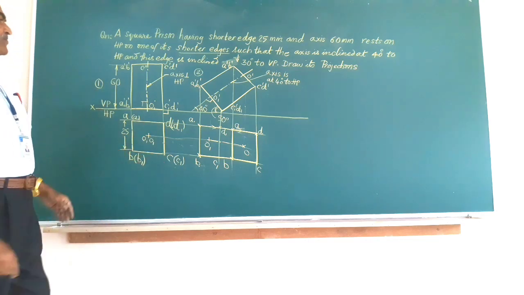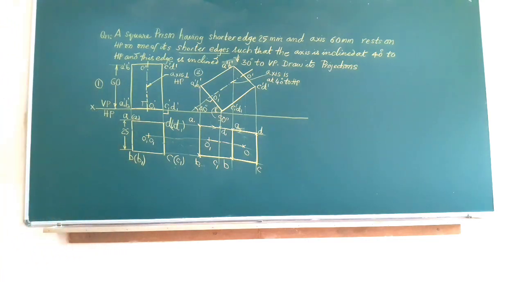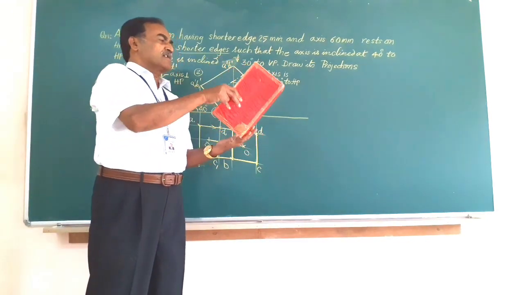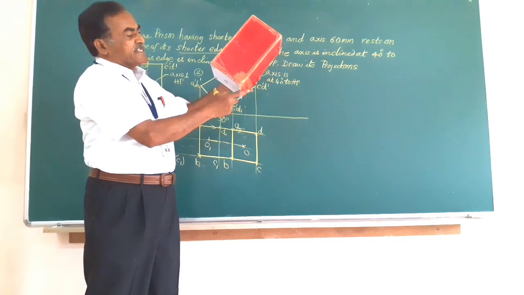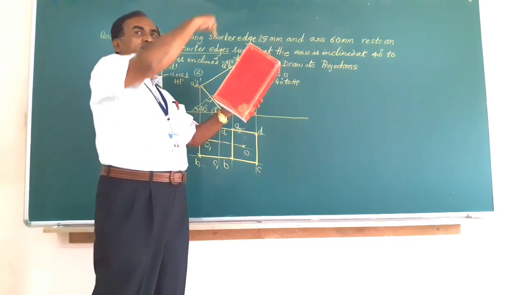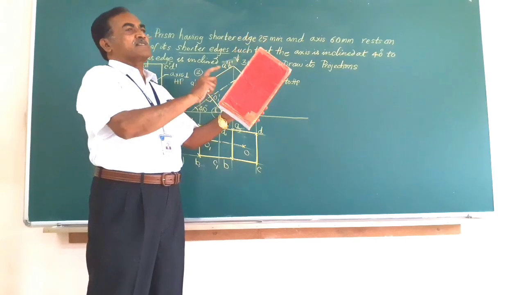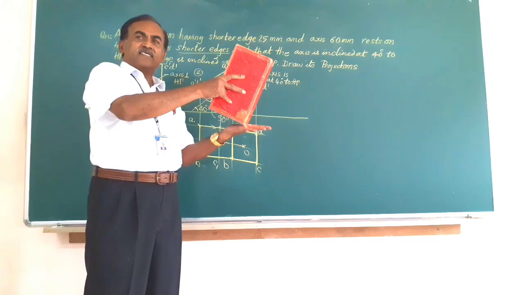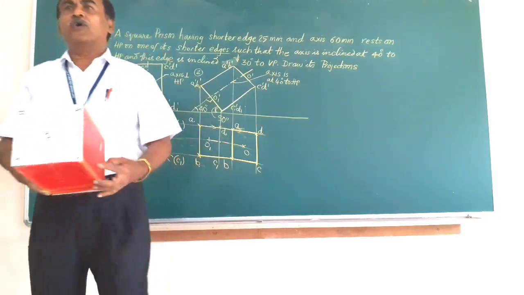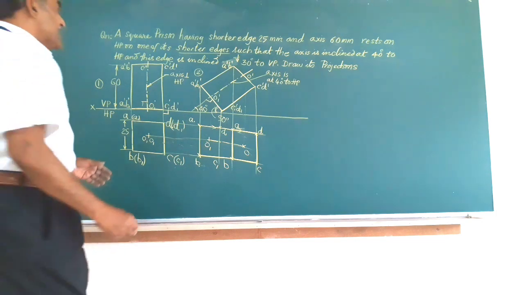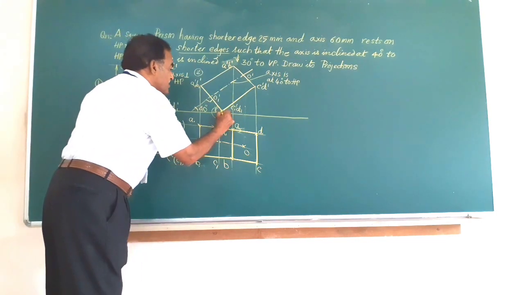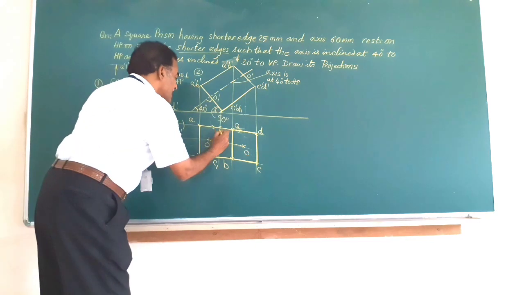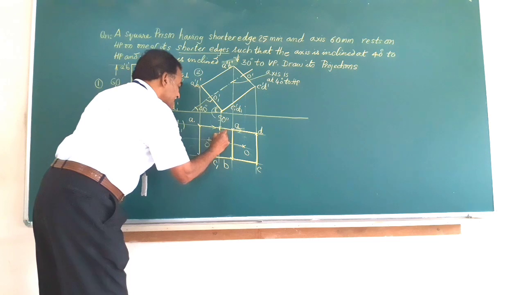We have the axis now. And see, one important thing is, whenever the solids are resting on one of the edges or on the corners like this, that edge on which the object is resting is not visible to the observer in the top view, because the solid is an opaque body. So hence, the edge on which that object is resting is not visible in the top view, and hence I am going to show that by a dotted line. And look from the top, this edge on which the object is resting, that is C1 D1, is not visible. Hence I show this by a dotted line.